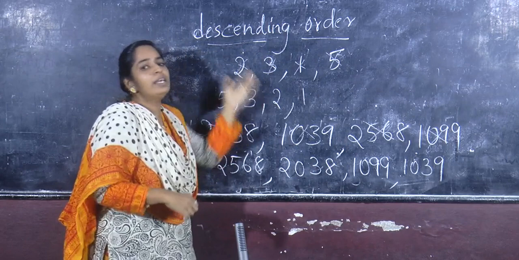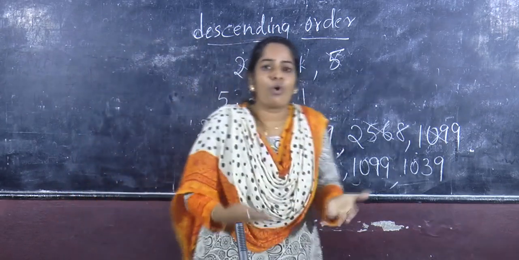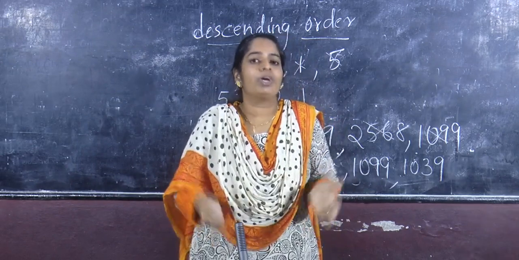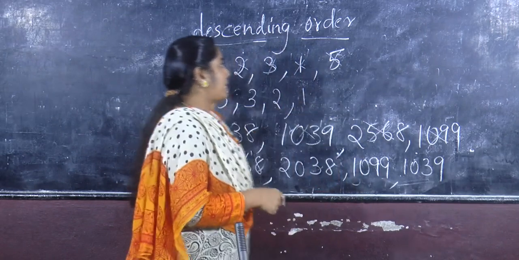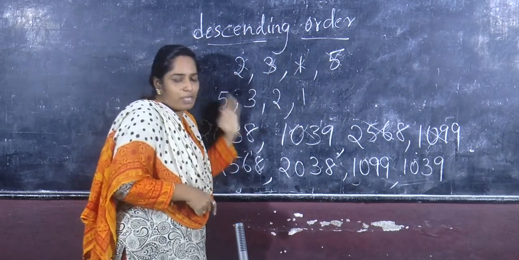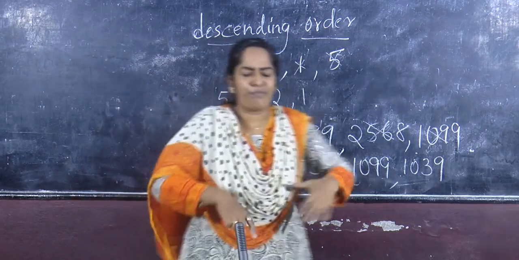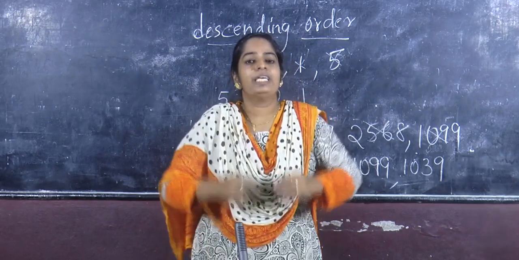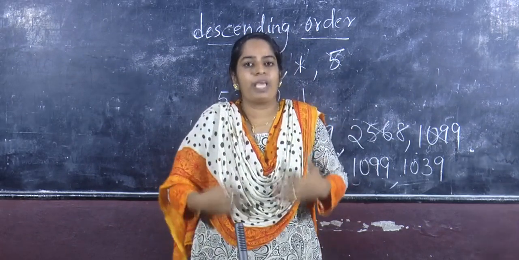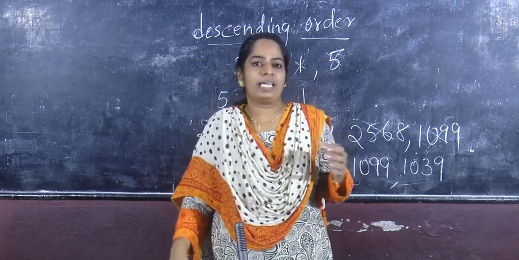Yes. Ascending and descending. You must do different problems. Take your own numbers, not from the textbook. You can make your own numbers and you can practice ascending order and descending order. You must do it alone, okay? And you must take your notebooks and write so many different questions. You must not write only from the textbook. You must make your own. You can make so many numbers and write them in ascending order and also descending order.